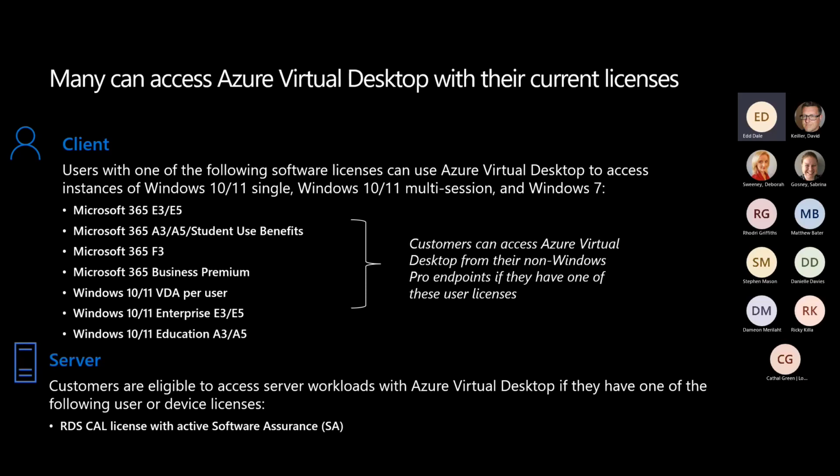With Azure, as I'm sure a lot of you know, there are literally hundreds of virtual machines available. In fact, some of the world's most powerful virtual machines available in the public cloud, you will find only on Azure, effectively guaranteeing customers whatever their workload is, there is a virtual machine within Azure to satisfy that need. So if they have one of the following licenses, M365 or Windows 10 or 11 licenses, they can use Azure Virtual Desktop. They get the license included, but they only have to pay for the consumption, the per hour costs of the virtual machines.